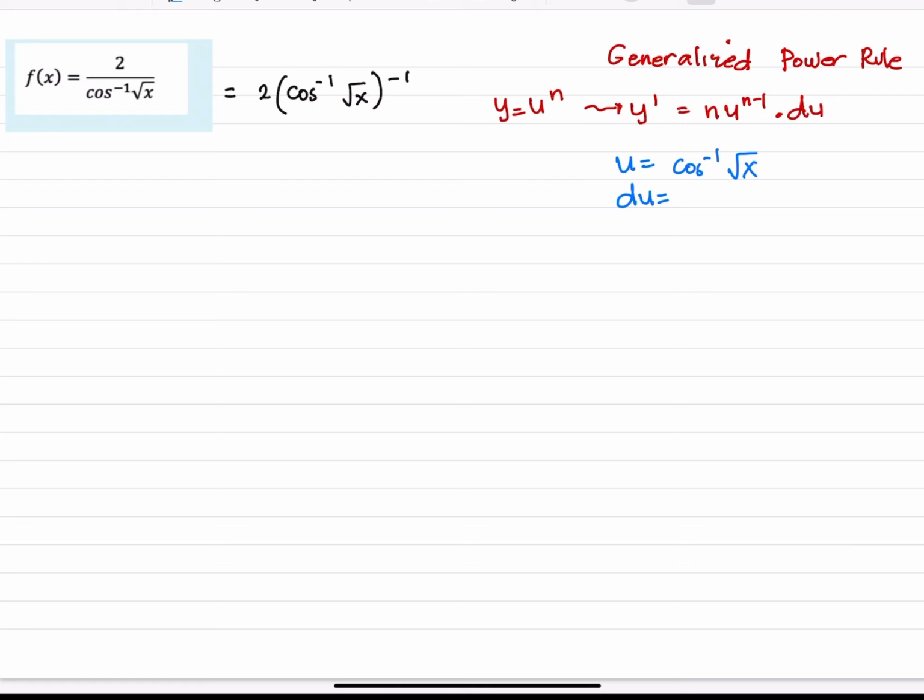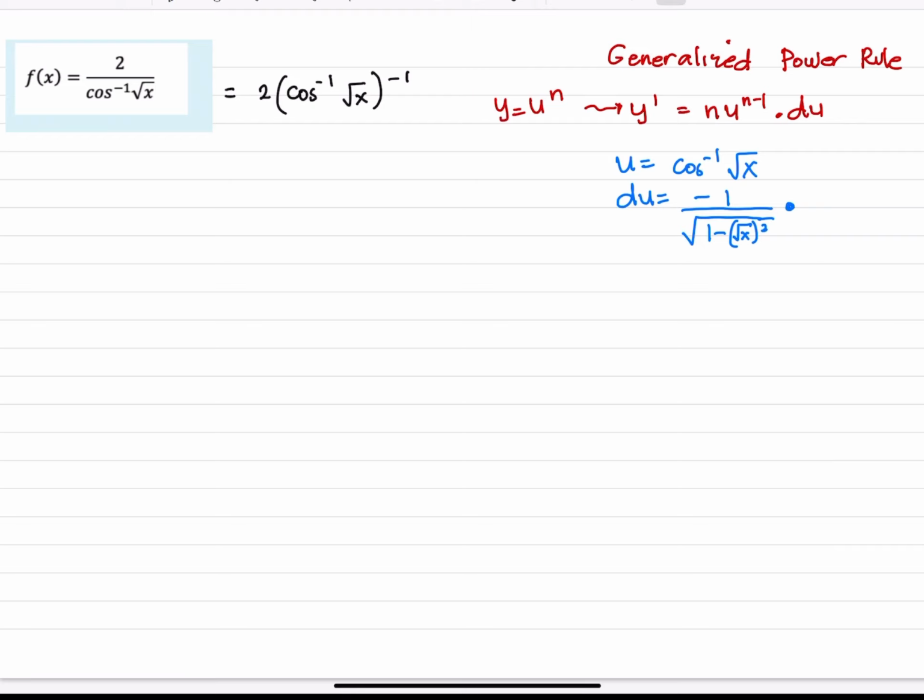Or a more general case is that the derivative of arccosine of u equals the negative of du over the square root of 1 minus u squared. So let's apply that here. Du becomes negative 1 over the square root of 1 minus u squared, in this case the square root of x raised to the second power, times